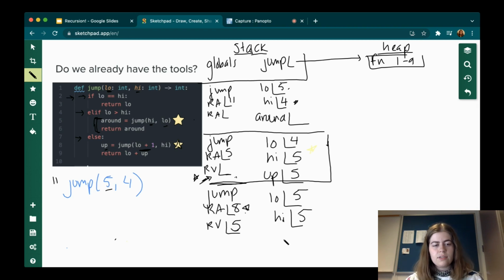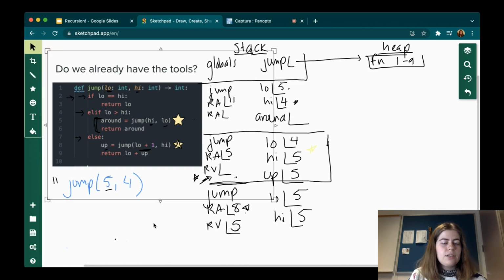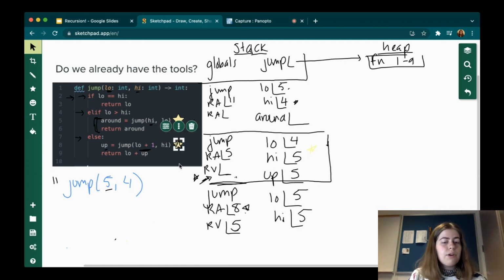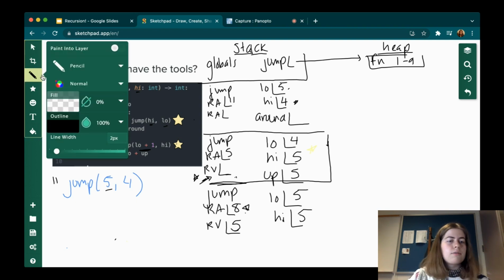Line 8 is finally resolved. And so this bookmark can finally be removed, right? Because when we were executing this second jump frame, that's why we put this star here. We put this star here when we had to go resolve that recursive jump call. Okay, so but now we resolved it. This third frame is done, and we figured out what the value for up is, so we can delete this star. We figured that out, and now we can resolve the remainder of this second frame and fill in or